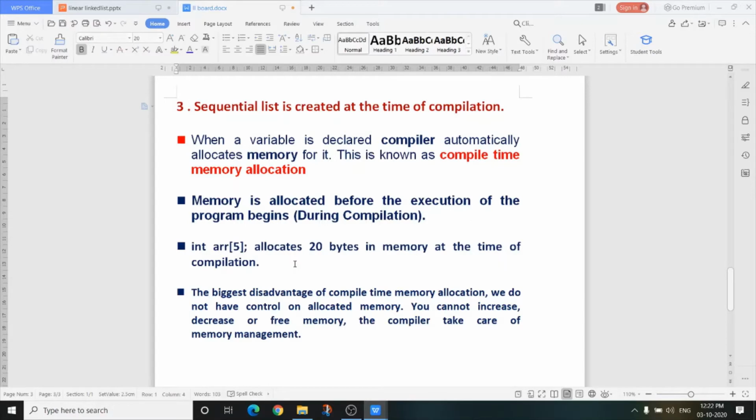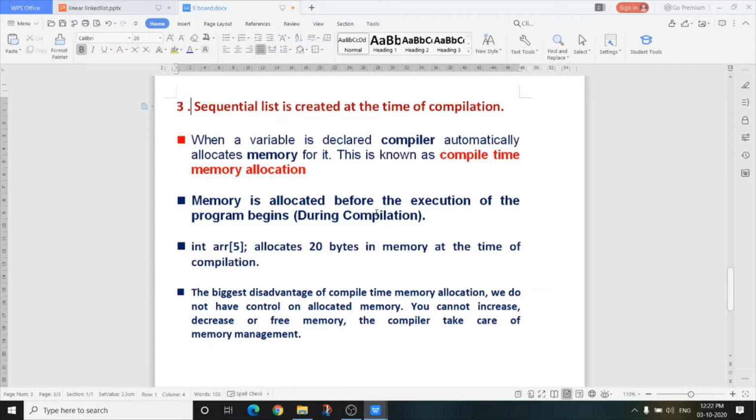Now when I run the program, we see that we require 20 more bytes. That is, the array size should be 10, but we can't change it at run time because 20 bytes are already allocated at the time of compilation.